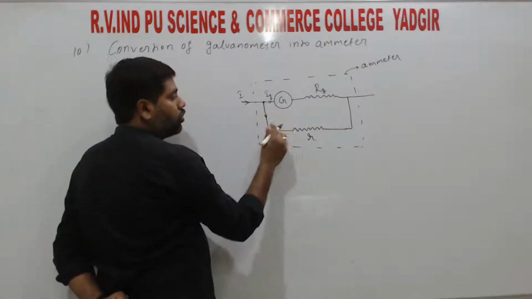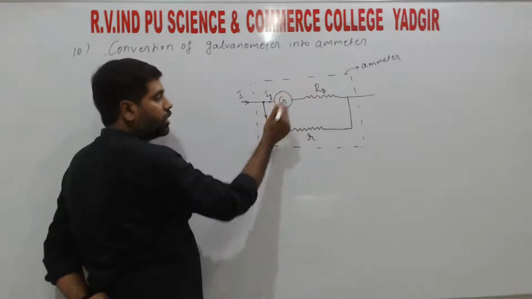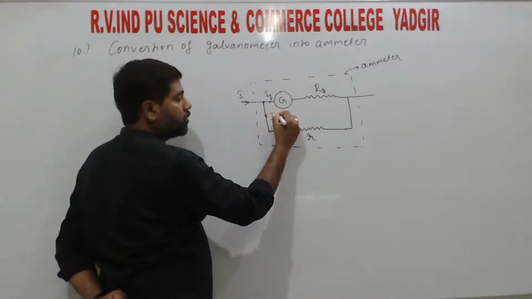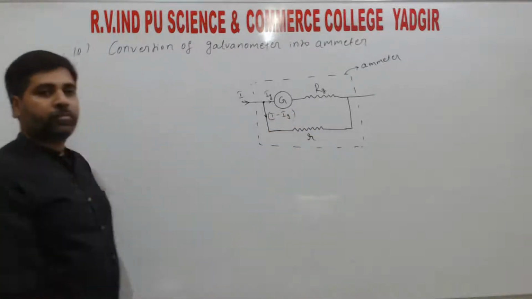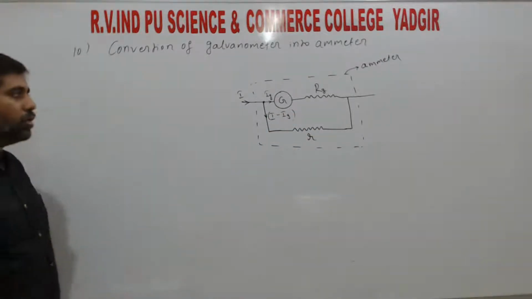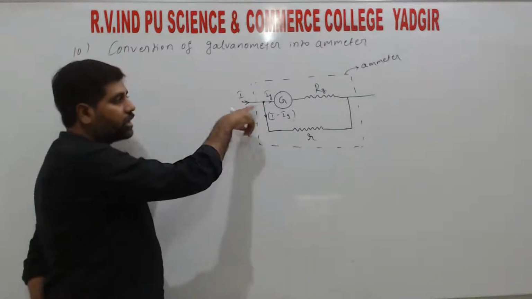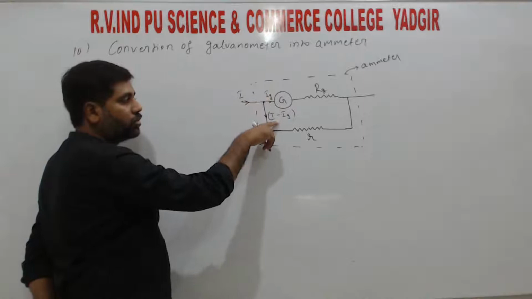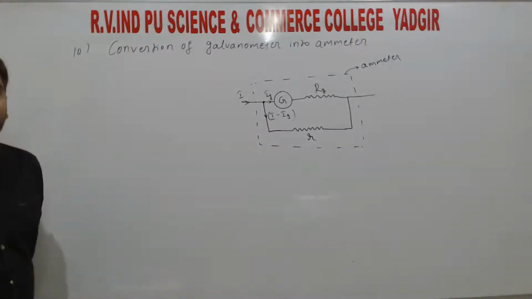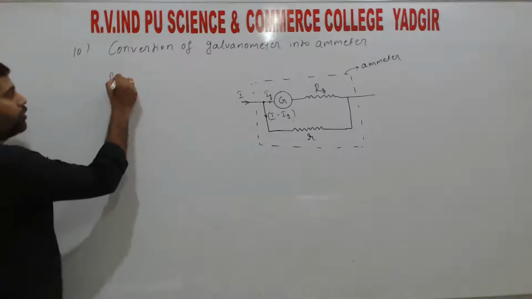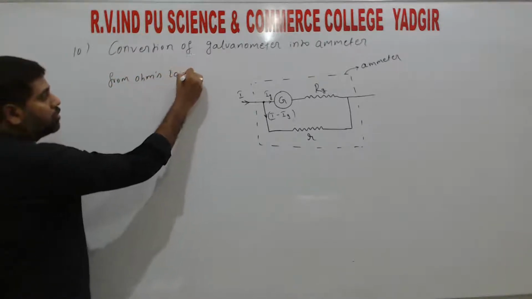Next, in the other branch which is connected parallel to the galvanometer, from the Kirchhoff current law it becomes I minus Ig, right? So at the junction the current divides. So if total current I flows, in the galvanometer Ig current flows. So the remaining current flowing through the resistance is I minus Ig, right? So from Ohm's law,